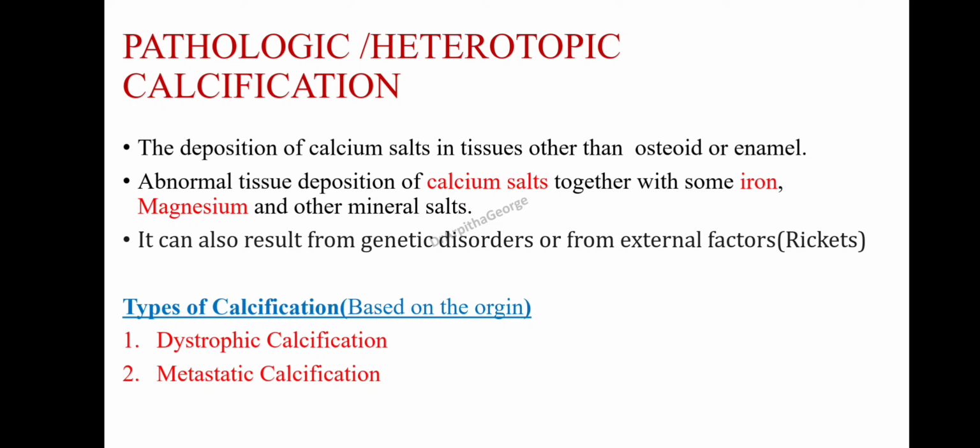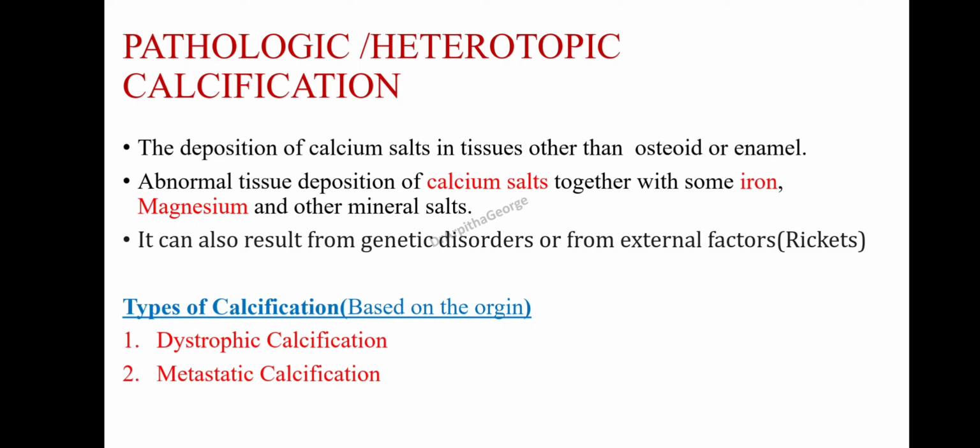Once again, the physiological calcification, the calcium deposition in our bone, is a normal thing. How do we get this calcium for our bone deposition? It is from the blood serum. The blood serum is a good source of calcium. The orthophosphate ions come from the blood, then go and deposit in our bone for bone formation. It is like a bone remodeling pathway. The bone remodeling pathway means the mature bone will be replaced by new bone.